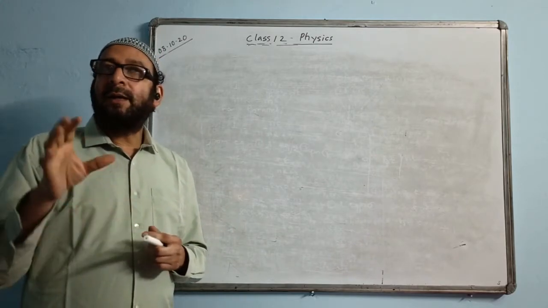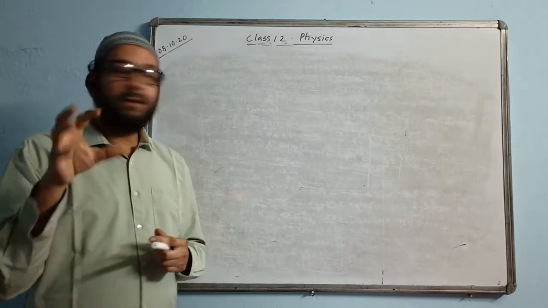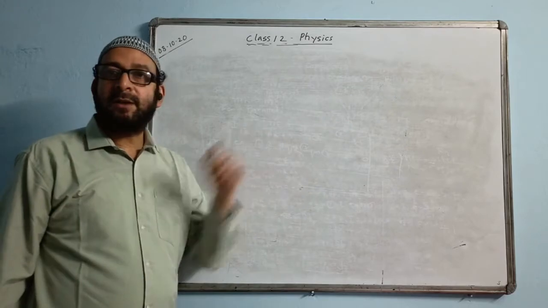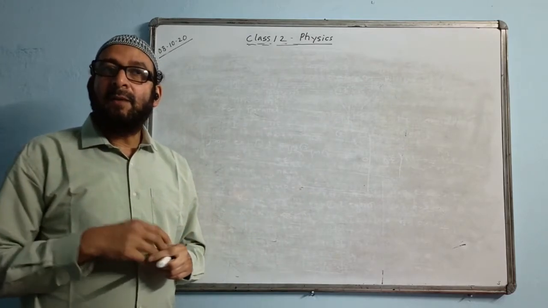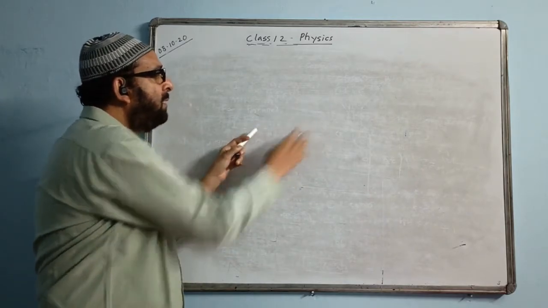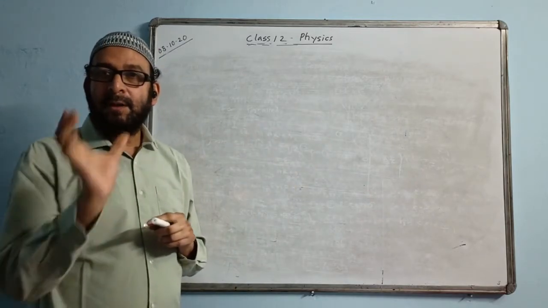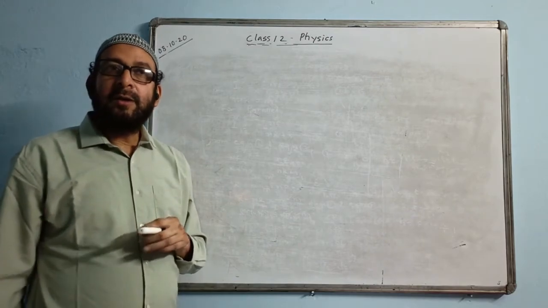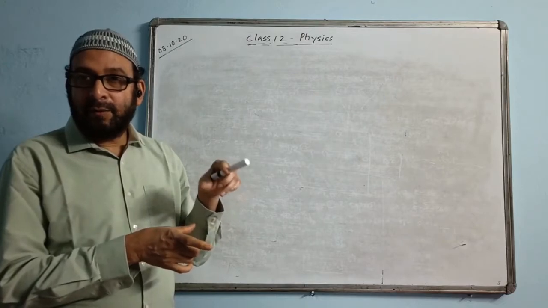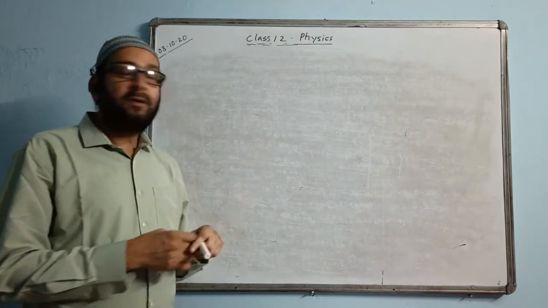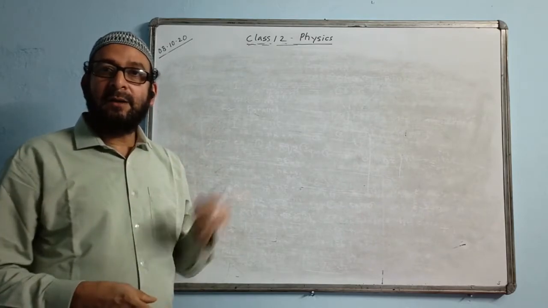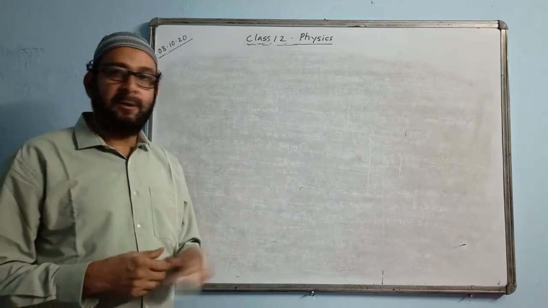An ammeter or any kind of current related device is always connected in series in the circuit. With the wire we will connect always in series. Whereas a voltmeter is always connected in parallel across the two ends of the conductor in order to measure voltage. So in any circuit, voltmeter is always connected in parallel with the wire or with the resistor, whereas ammeter is always connected in series with that particular resistor.